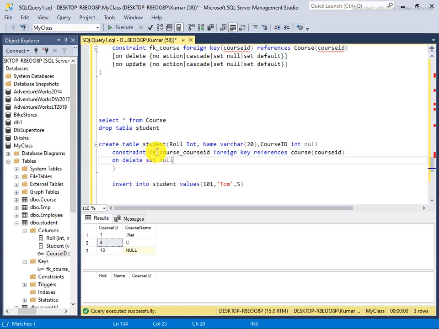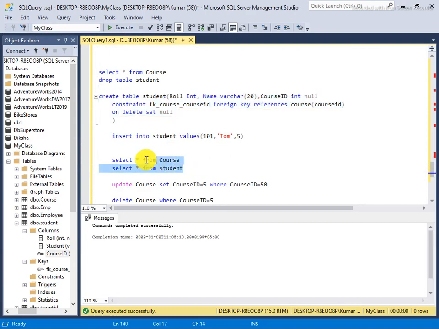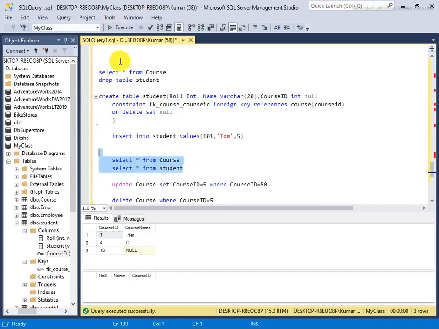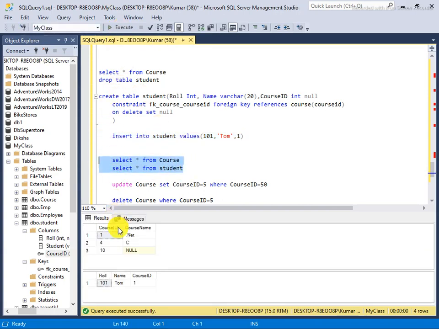Okay, so I drop the student table itself and I create it again. I put some entry in respect of the course, this time .NET, which is 1. So now one entry has been inserted in the student table.